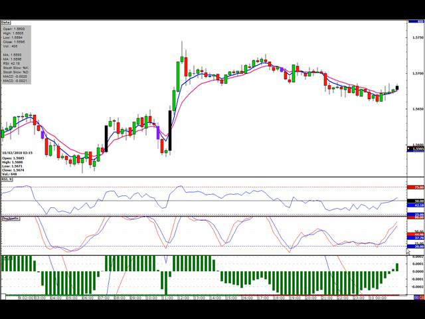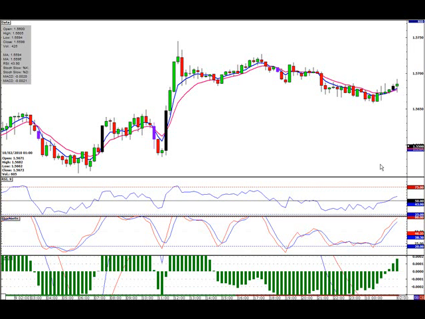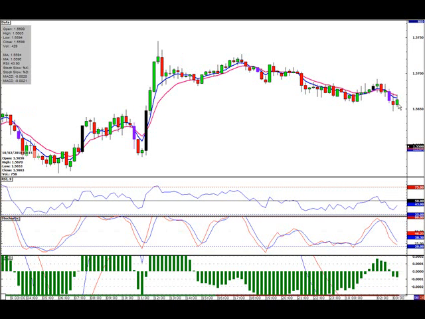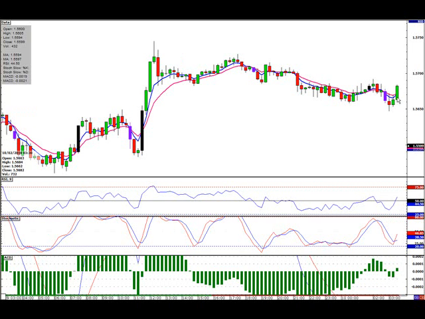Again, remember that MACD for a long trade has to be negative from the candle before and either be gaining value or go from negative to positive. In this case, the candle before MACD was already positive, so that cancels out the signal, no trade. All right, so you don't even think about it too much, just no trade there. And we just continue to watch it. Again, our first news event's coming out at